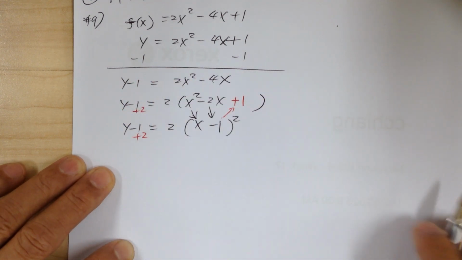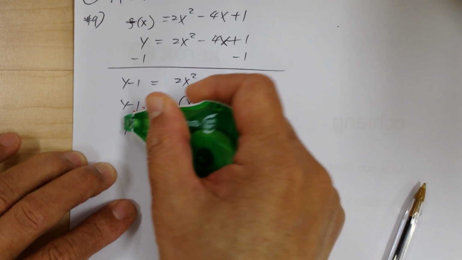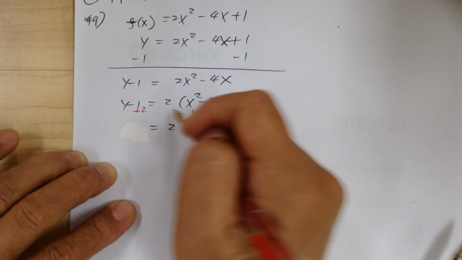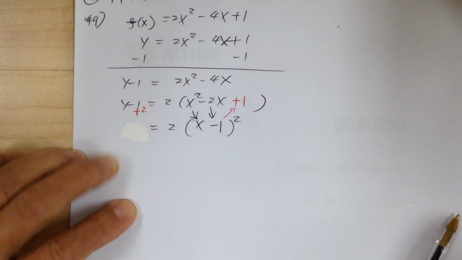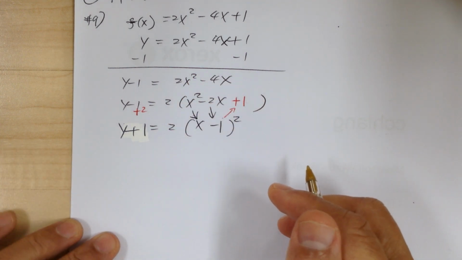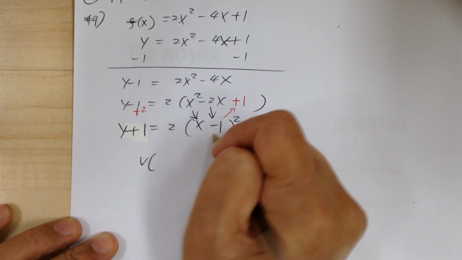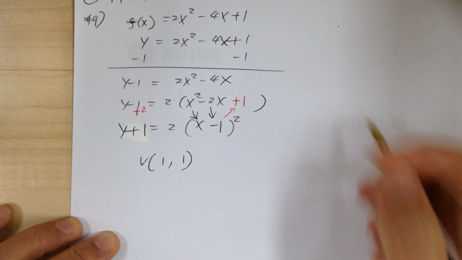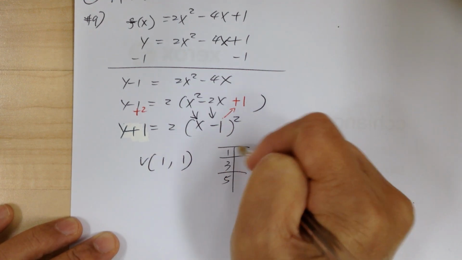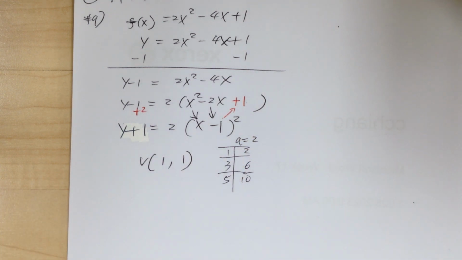Okay. So from here, 2 times 1 will give you plus 2. So from this side, you end up with y plus 1, right? Negative 1 plus 2 gives you plus 1. Okay? So now, from here, your vertex is going to be at 1, 1. Okay? And then when you're doing the 1, 3, 5, the a equal to 2, so it'd be 2, 6, 10. So when you're doing your graphing,